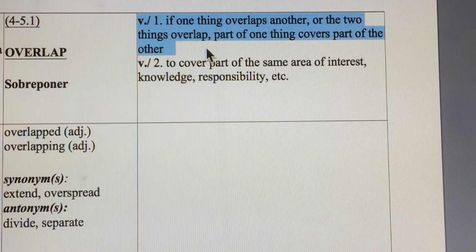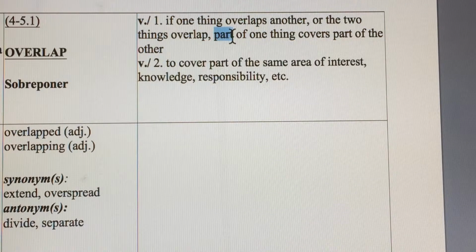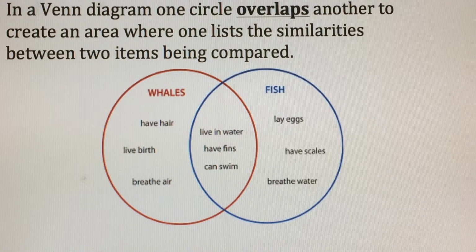If one thing overlaps another, or 2 things overlap, part of one thing covers part of the other. The key is part, not entirely. So part of one thing covers part of the other. And in our academic sentence, we saw